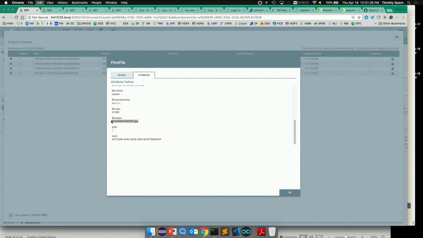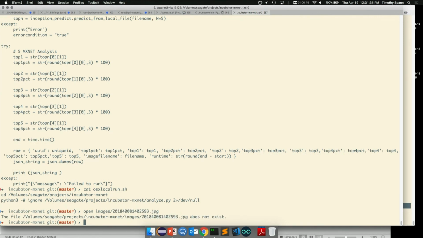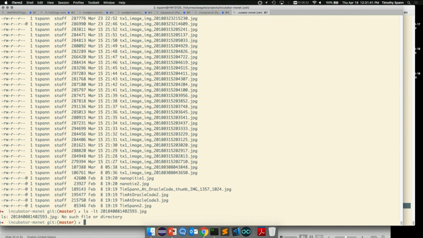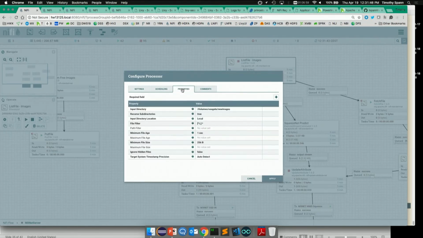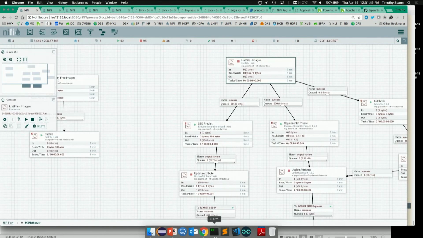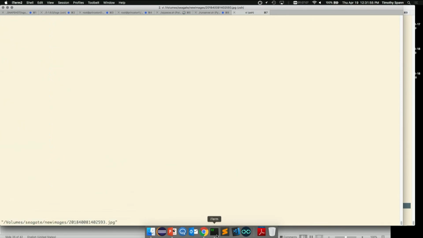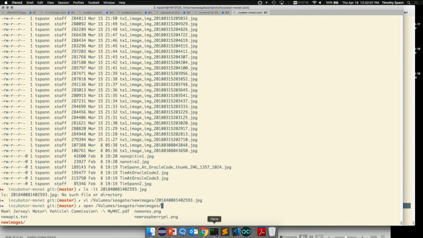File name, this one. Let's see. We're very brave. We're going to take a look at this picture. Fortunately, this is Europe and won't bother anyone. Did we pull it out of images already? Let's see. Am I looking in the wrong place? This is why it's nice to check this. Where am I listing images from? New images. How about that? Let's see. Is it a train? Come on. Did that look like a train? Deep learning is harder than it looks. Got to know what tools to use.